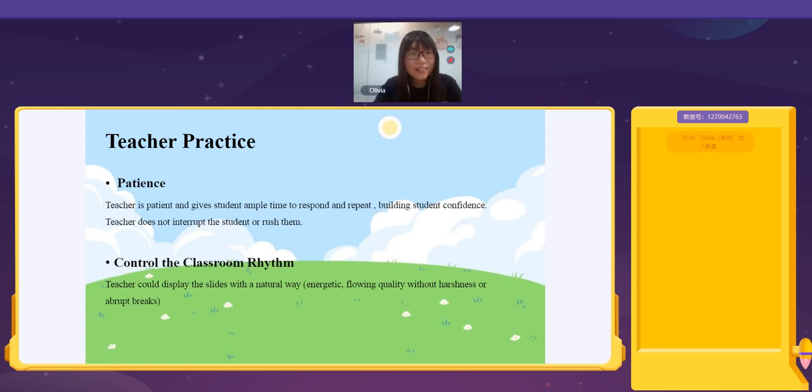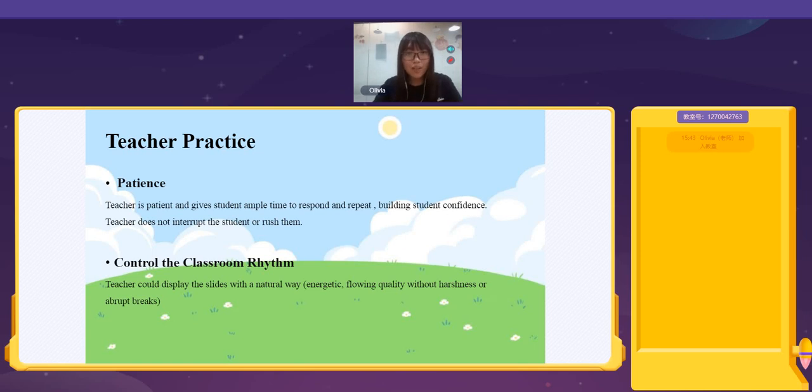And the next one is control the classroom rhythm. Teacher could display the slides in a natural way, with an energetic, flowing quality without harshness or abrupt breaks. Because we have different parts for teaching materials, please be energetic in the classroom and control the classroom